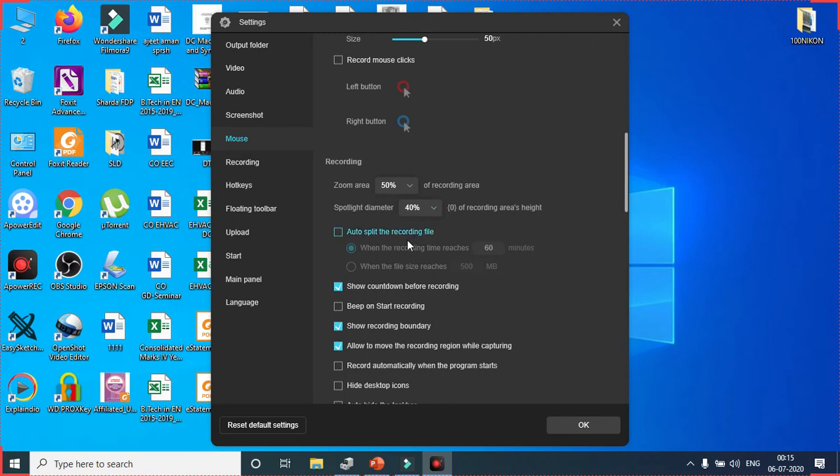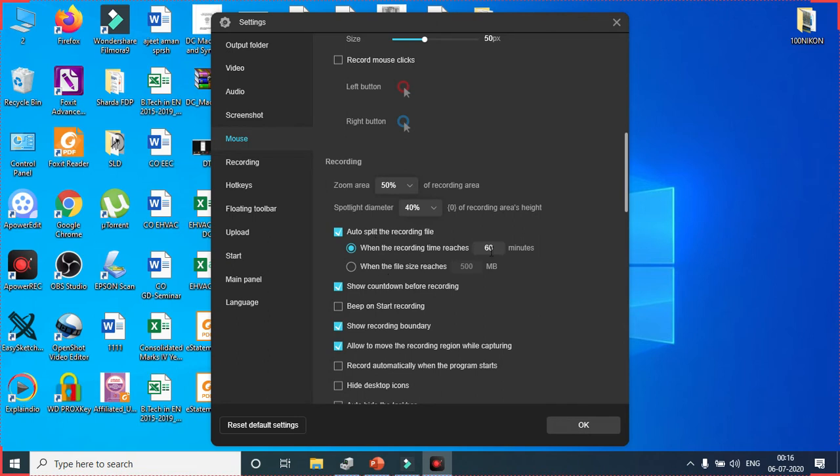If you want the file size not to be large, then you can check this, so that the file will be split into two parts or more than two parts. If the recording is more than 60 minutes, then it will create another file.